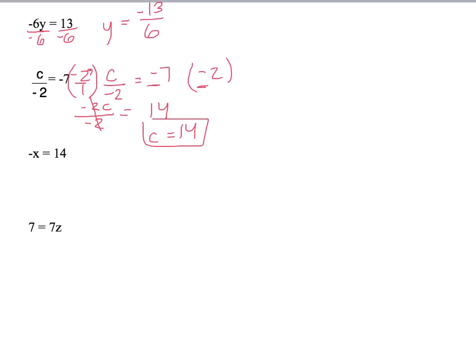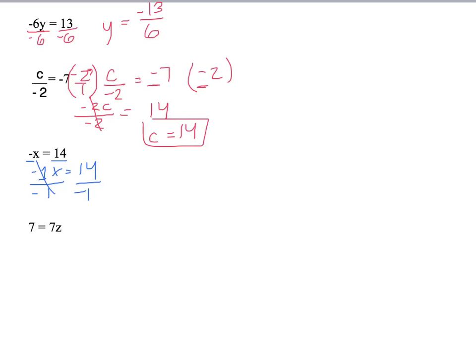Our next example is a little bit tricky. So we have negative x equals 14. So you might be able to reason that one out in your head, but if you want to try it using the multiplication and division properties of equality, I would recommend it. So if you're trying to get rid of a negative sign in x, remember that negative x, or even just 1x that's positive, has a coefficient of 1 in front of it. So we have negative 1x equals 14. That makes it a little bit more clear, and you can divide both sides by negative 1